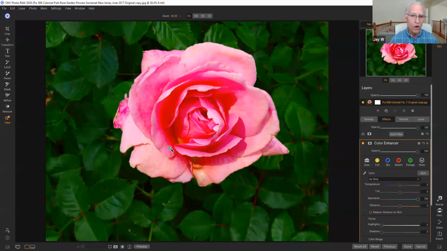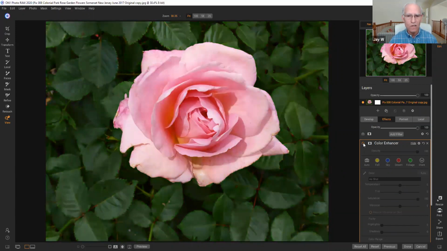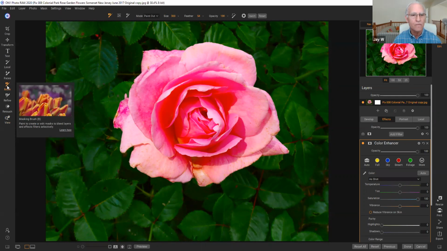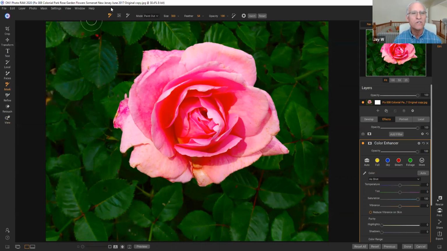You can see the effect on the rose, and you can see the effect on all of the leaves behind it. When I turn it off, you can see the before, and when I turn it back on, you can see the after. Now, what if I wanted to do this saturation, this effect, only on the rose and not on the leaves? And that's where we get into masking. On the left-hand side, one of the icons says mask. So we click on mask,